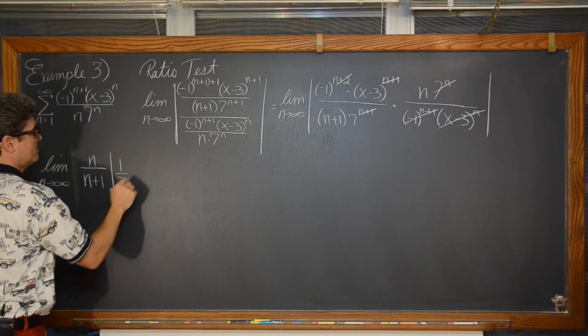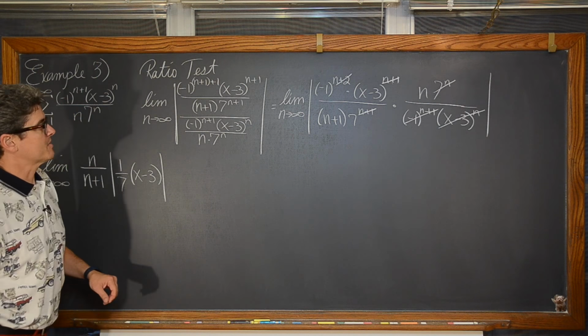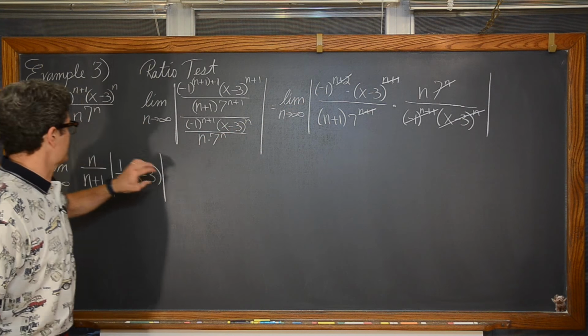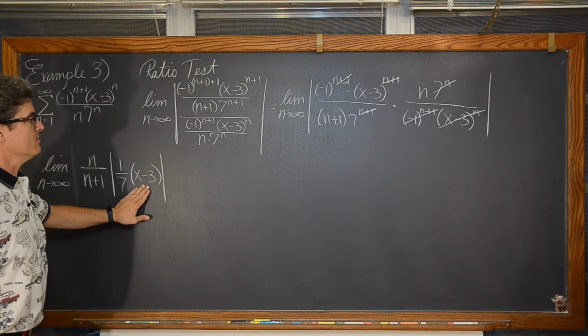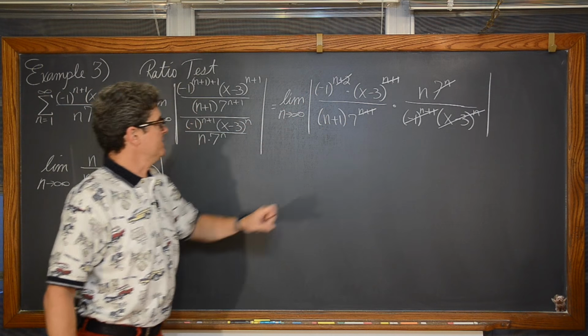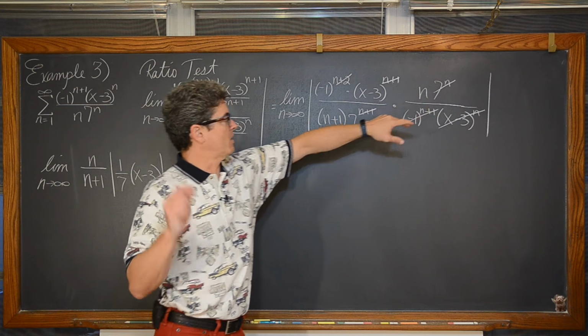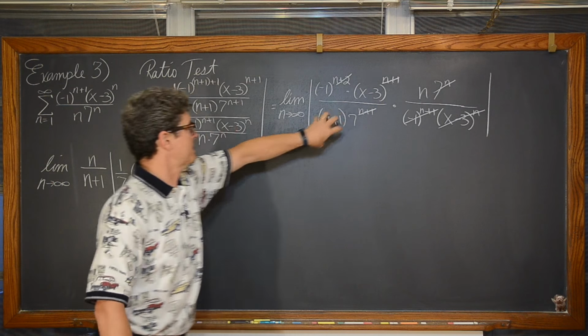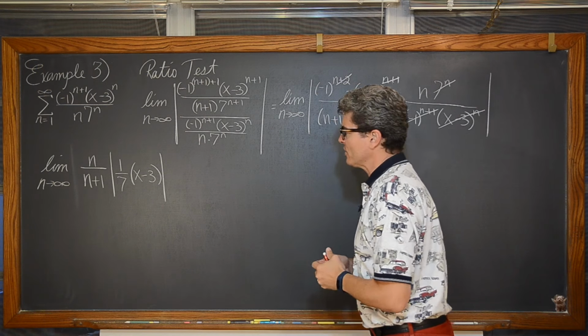So we have, let me just make sure I didn't copy something down wrong. Absolute value taking care of that -1. We have our factor of x minus 3 here. We have a 1 over 7. The n is starting at 1 and going to infinity, so it's never going to be negative. Pulling that out in front of the absolute value sign, just giving this a little bit of a different look.